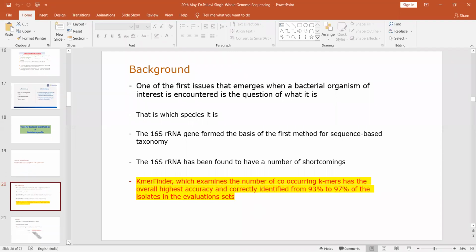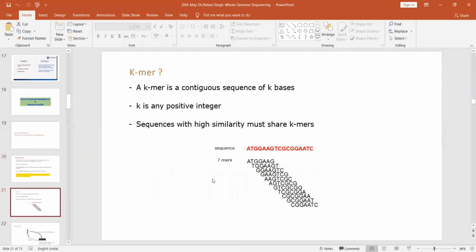How do I do it? First of all, I should tell you what a K-MER is. A K-MER is a short stretch having K bases. Say I have a huge genome and I break that genome into smaller fragments, smaller contigs, which can be in the form of FASTA sequence or FASTQ. They are known as raw reads. These raw reads, in FASTA, FASTQ or assembled form, will be used as input in the tool, and a k-mer could be of any size. This size could be 7 bases, 8 bases, 9 bases, 10 bases.